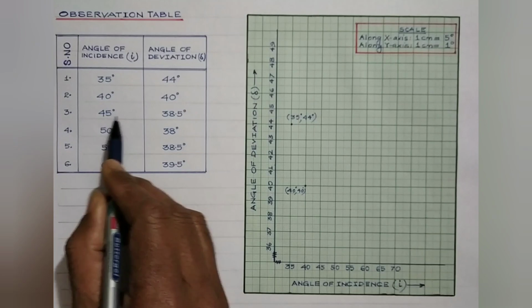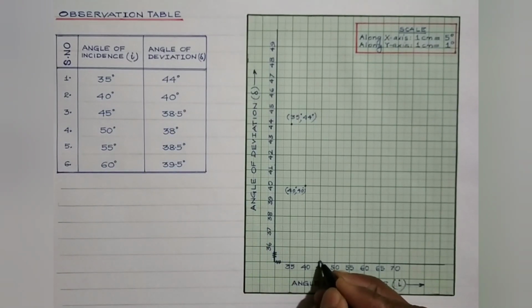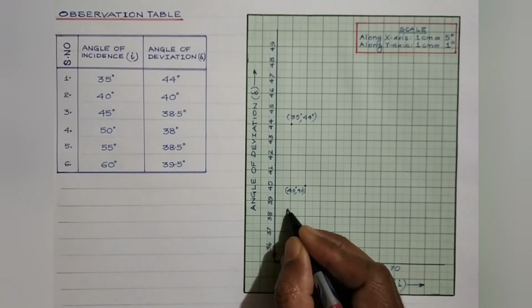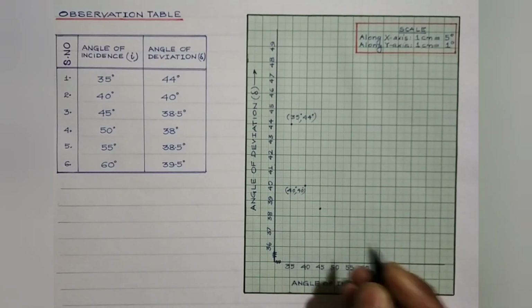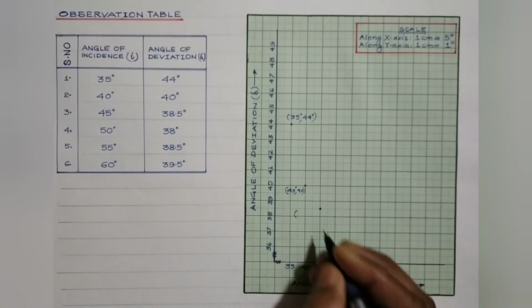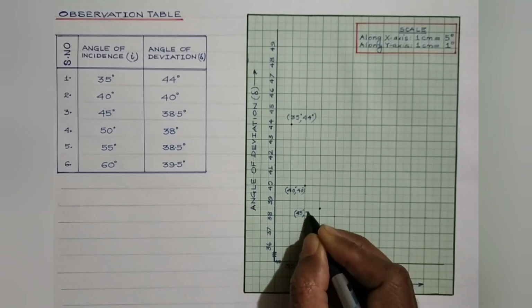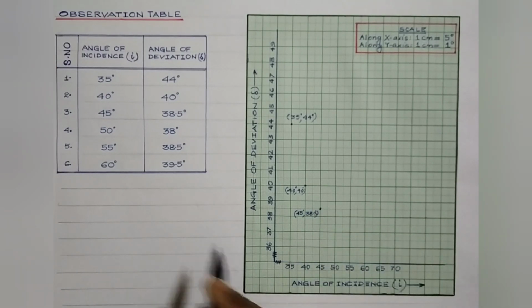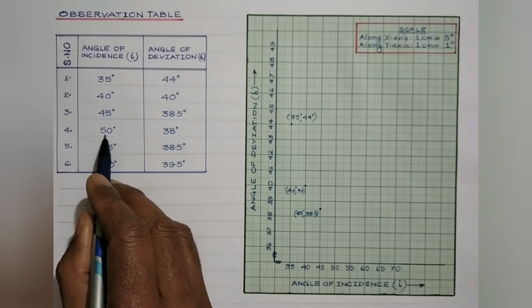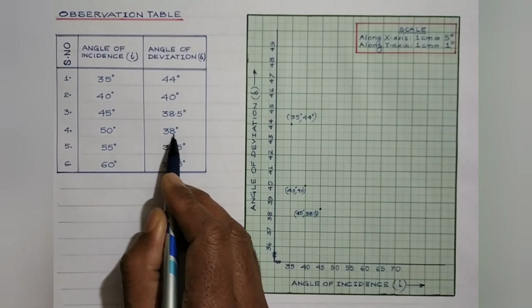Next one is 45 degree and 38.5. So this is the point I'm talking about. So the points are 45 and 38.5 degree. Okay, fourth observation is corresponding to angle of incidence of 50 degree, we have angle of deviation of